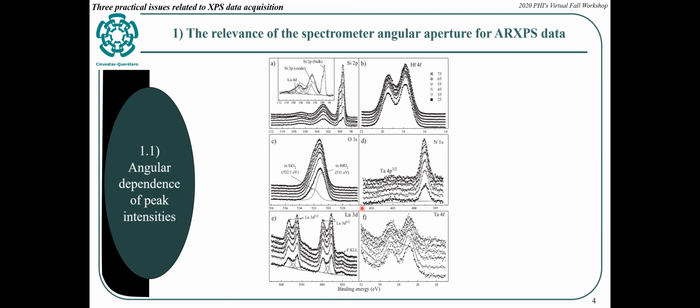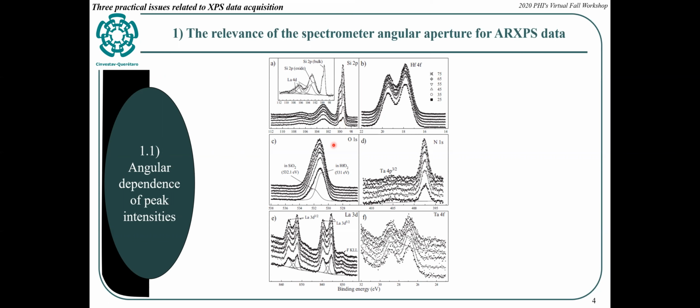It is a high quality set of angular data for a sample for which the purpose is to get the profile of the sample. You can see that the data was acquired at different angles from 25 to 75 degrees from the surface. And you can see that the intensity of, for example, this peak has a strong dependence on